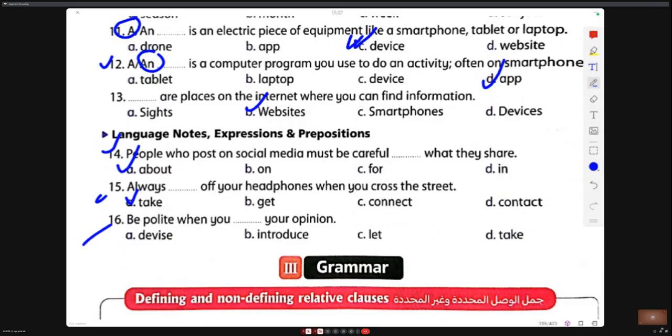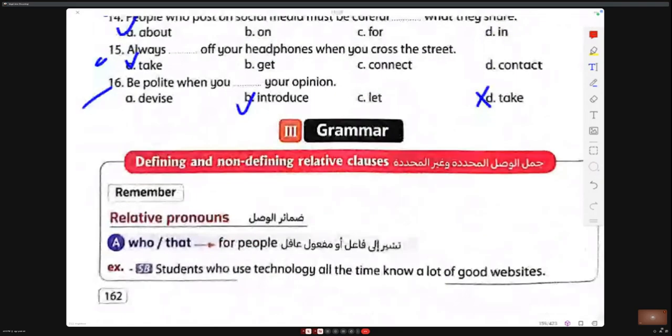Be polite when you introduce your opinion or give your opinion.